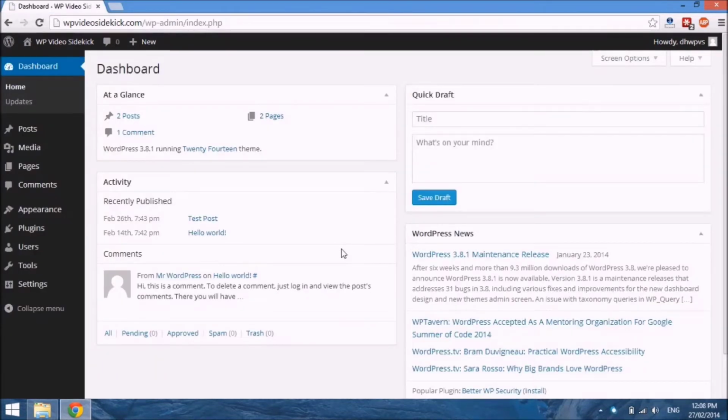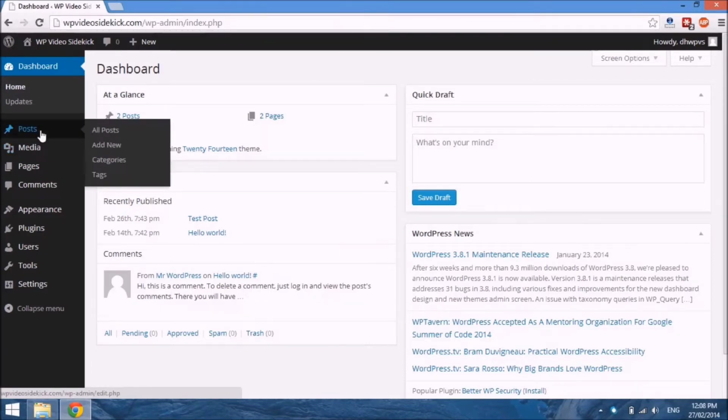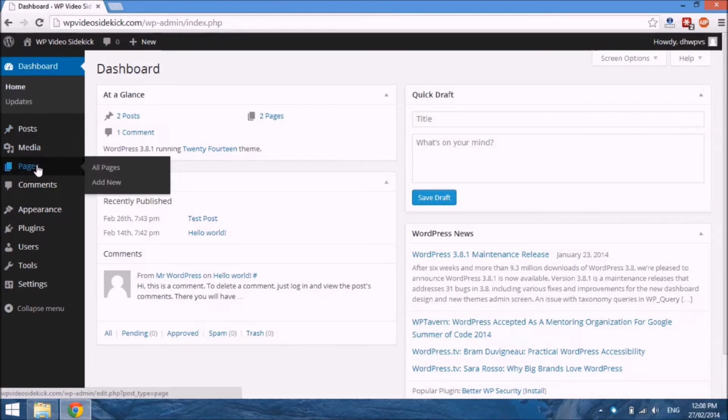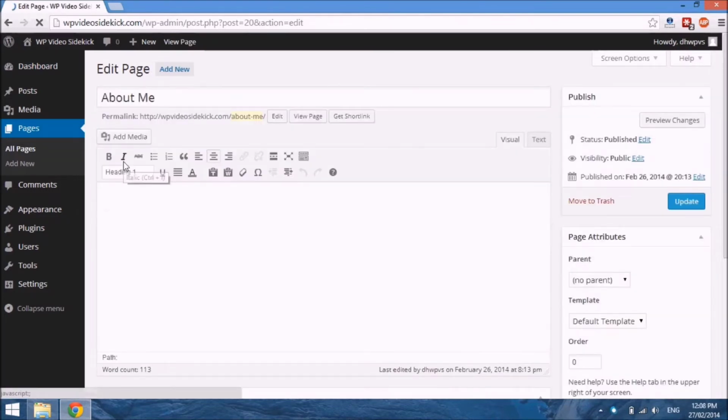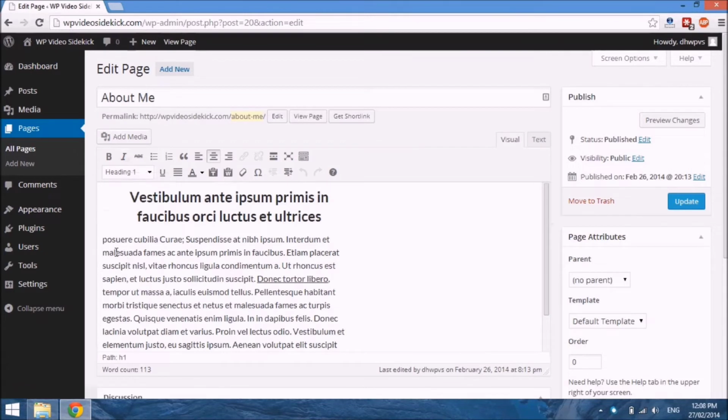Okay, so now that we're more familiar with the media library, then we can go ahead and add an image to our posts or pages. As I mentioned, I wanted to add the image to my About Me page. So if I just go back to Pages, select Edit Page,